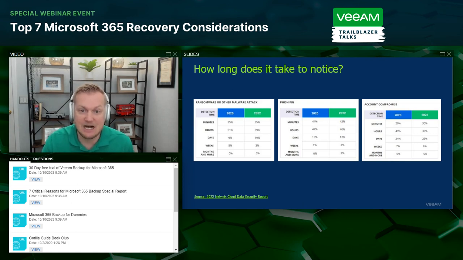However, for ransomware or malware attacks, it's taking us days to identify that something is wrong, up to 19% from 9. So that's a bit scary there. But I thought this was interesting to see how it's even taking weeks in some cases for a small percentage of folks to identify that there was some sort of malicious event that took place.